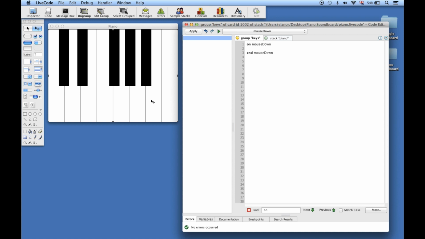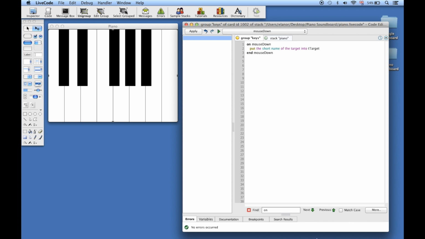And we can do this using something called the target. So if we put the short name of the target into ttarget, then what that'll do is when we click on one of the keys, so this is our C key down here, if we click on C, the group gets the mouse down message, and then if we put the short name of the target was C. The target is always the actual control that was clicked on, so whichever one of our buttons it was, and we can use this target to find out which one it was. And what we're doing here is we're putting the short name of the target into ttarget, and ttarget